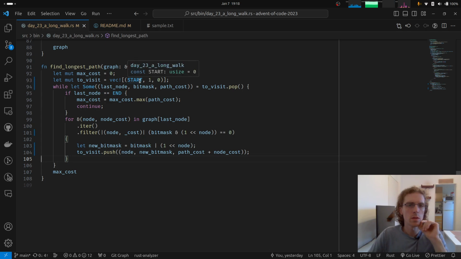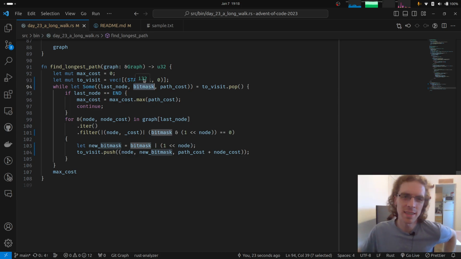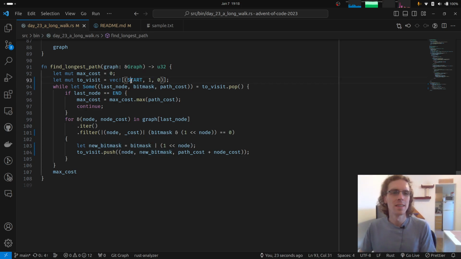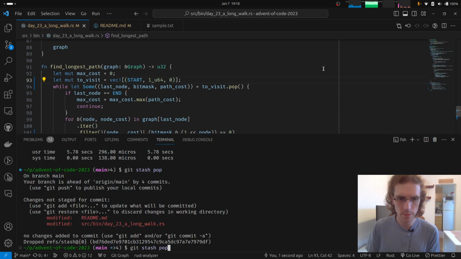starts is a node and it's of type usize. Oh, look at that. Thanks, Rust Analyzer. Bitmask is a 32 bits integer. That was stupid. I'm really interested in this being 64 bits. So U64 is very important here. So if we run with this,